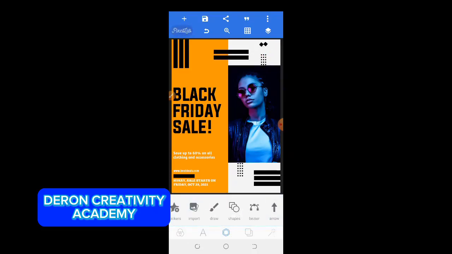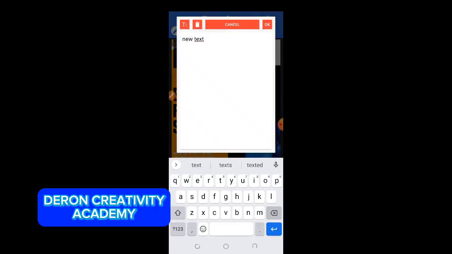Okay, so I'm going to lock this for now. I'm going to go back to my text. Let me just delete this. To bring a text, you can as well click on the plus button here. Click on the plus button, click on text, click on edit down here. See the same thing. Okay, so I'm going to write